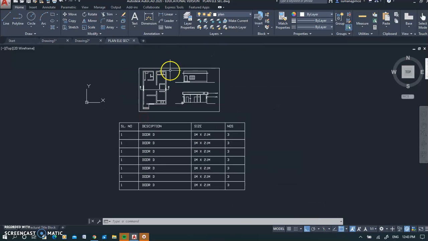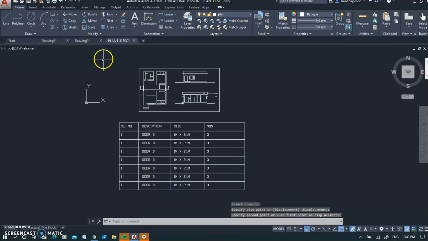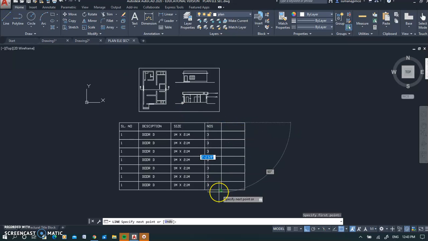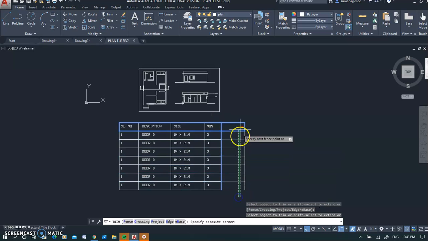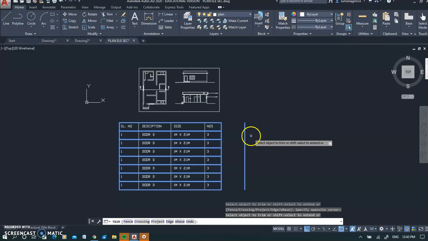Now you see our total drawing is like this, and our schedule of openings is too big, and we need to readjust it. So what I will do is move this much piece because there's too much of place there, and I will draw one more line here. And we can trim this part. So these things you should know. I'm making these mistakes just to show that it can be worked like this.